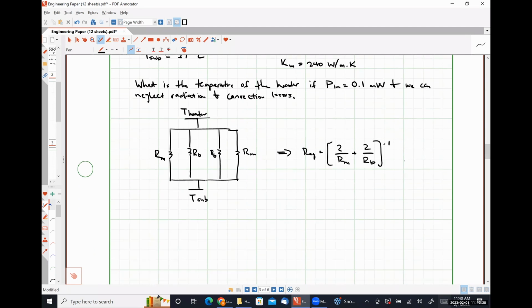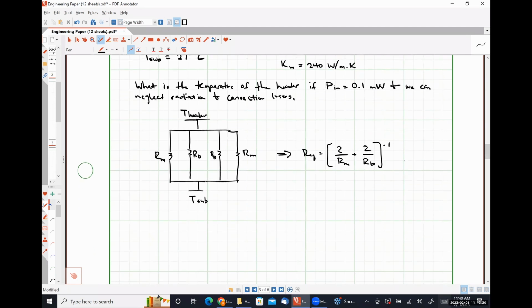So the resistance of our metal is simply 1 over the thermal conductivity of our metal times the length divided by the width of our metal times the thickness of our metal, which is going to look like